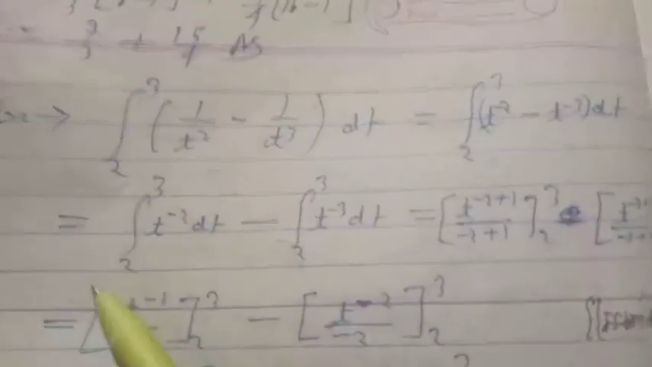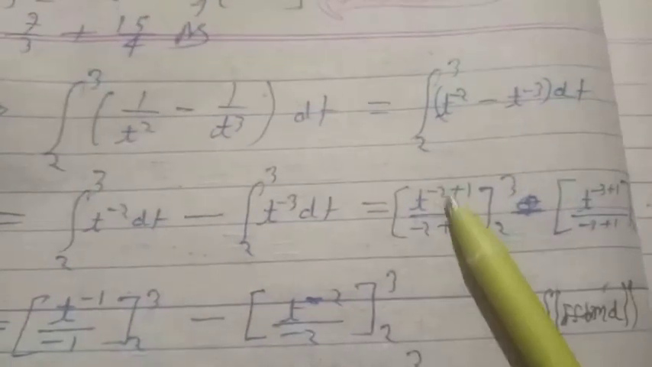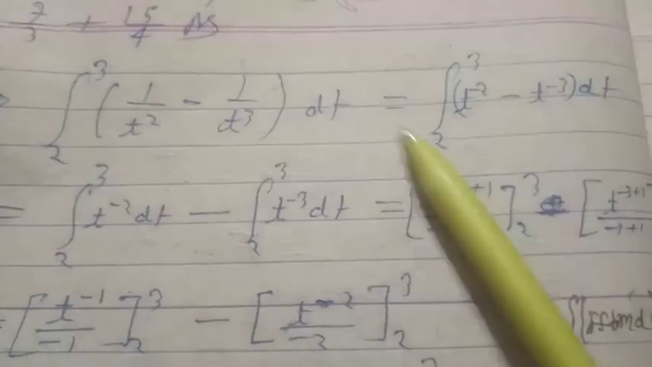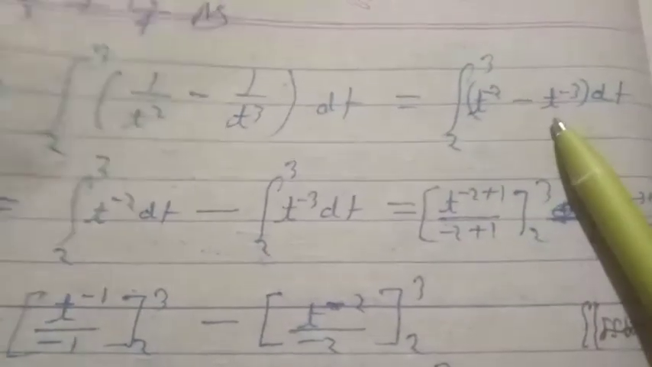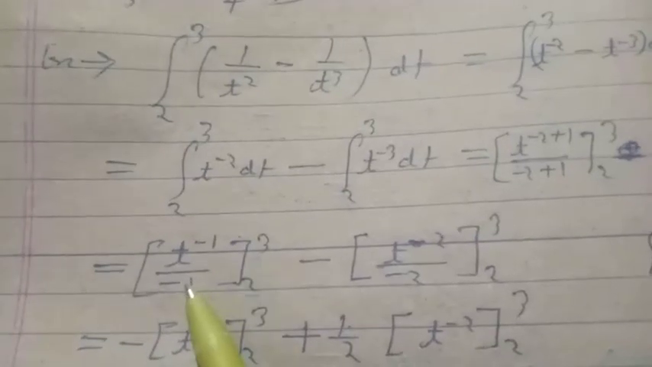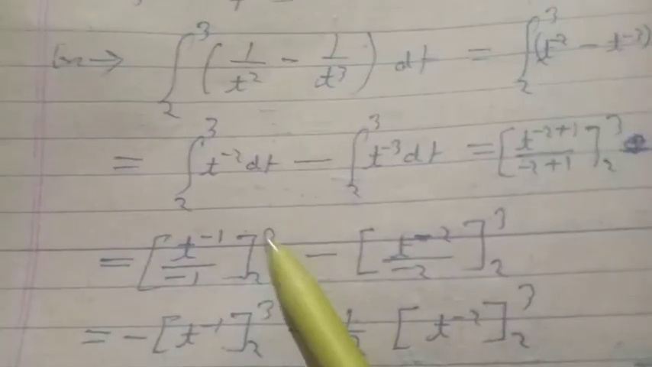Now we can integrate this: integration from 2 to 3 of t to the power minus 2 dt minus integration of t to the power minus 3 dt. The first integration will be t to the power minus 2 plus 1 divided by minus 2 plus 1. Using the formula for integration of x to the power n dx, this will become t to the power minus 1 by minus 1 in the limit 2 to 3, lower limit 2 upper limit 3, minus